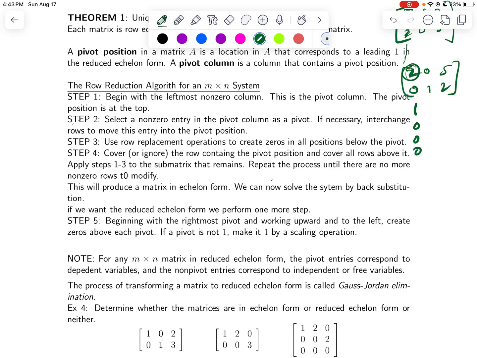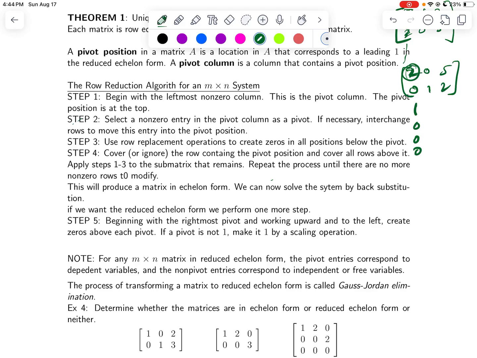After this procedure up to step 3, actually in this case up to 4, we can now use back substitution. But if we wish to reduce it further to get the reduced echelon form, we have to do one more step, and that is to make all the entries above the pivots 0. So that's how we do this. Now let me